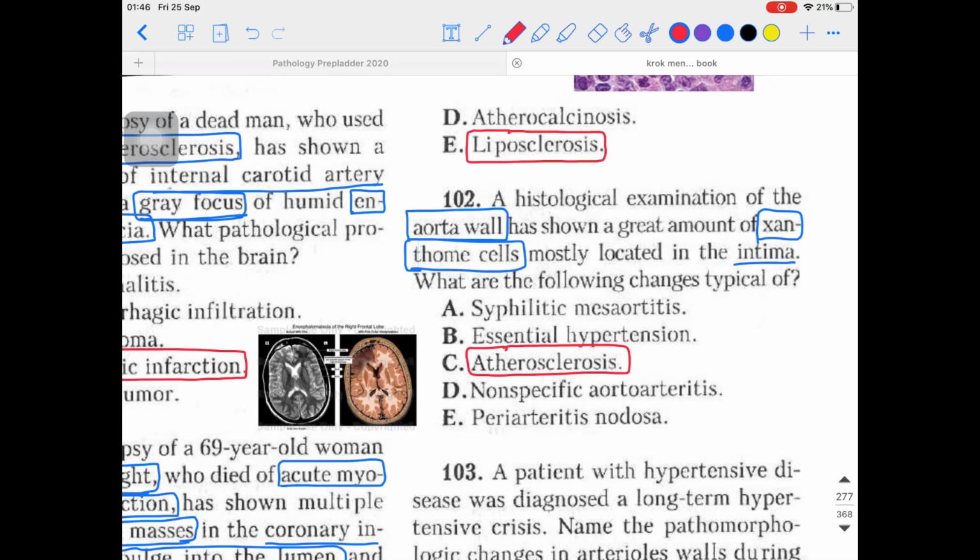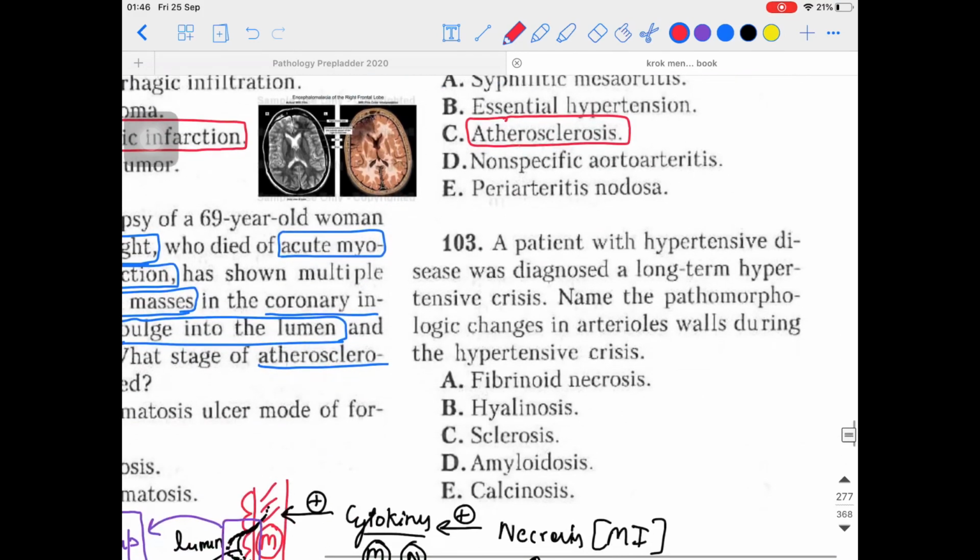So under the microscope, a xanthoma has the composition of lipid-laden foam cells. Okay, lipid-laden foam cells, and these cells we are also calling histiocytes. They contain lipid material inside them. So if I am talking about lipid material, if I am talking about foam cells, these are the xanthoma cells, the fancy name. So this is actually related to which kind of process? That is atherosclerosis. Okay, I hope I am clear with this one.